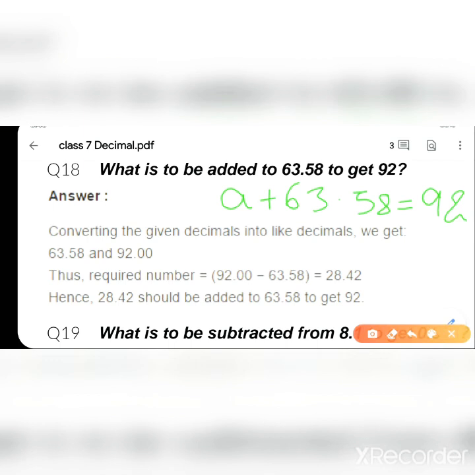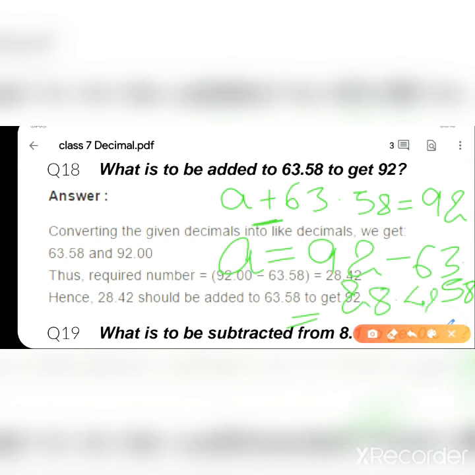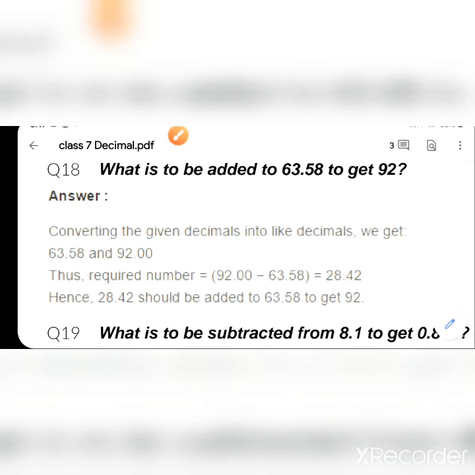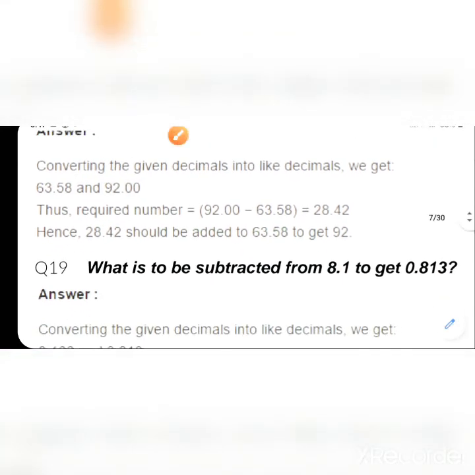The addition sign, when it changes its side, becomes subtraction sign, or the sign of addition changes to sign of subtraction, like this. Okay, and here also the answer would be same, that is 28.42. So this is just another way by which you can solve this. You can use the given way, or you can directly subtract, but remember, you should write a bit of statement, a bit of wordings must be written like it has been written here. You also need to write some wordings to solve the question.